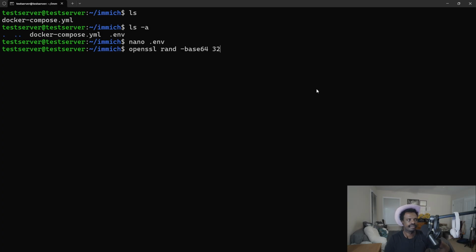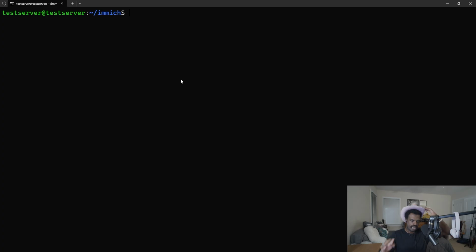But I'm going to go ahead and do this, put this in the environment file, and then I will come back. Okay, so now that I've put that password in and we've set our time zone, we're basically ready to start installing Immich. And the way that it works is Docker just does a lot of the hard stuff for us. So continuing with the commands that the Immich app documentation shows us, we're just going to go ahead and